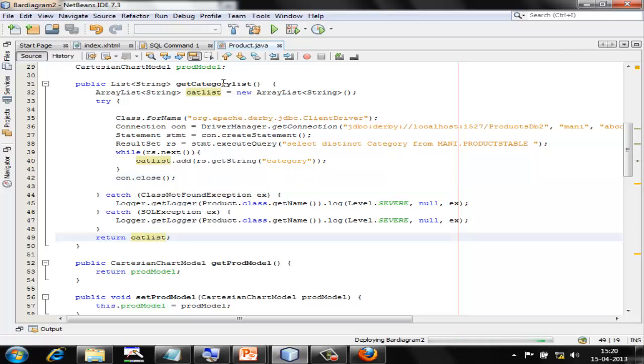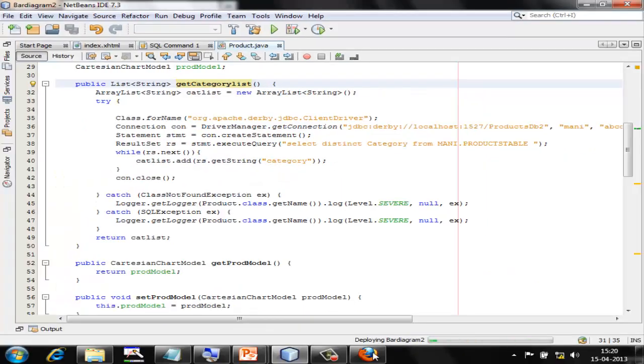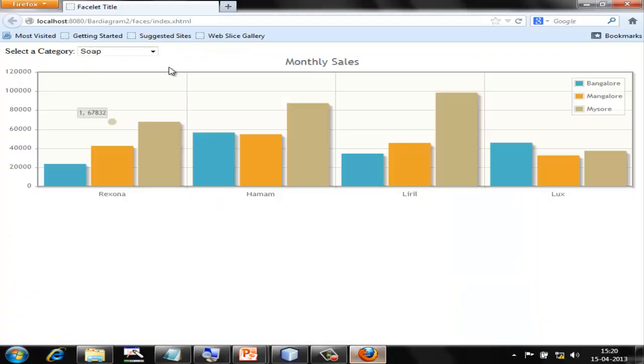So you have put it inside this category list. When you call this method get category list, you are going to get the list of distinct categories from the database. What you are supposed to do now is connect that list to this drop down